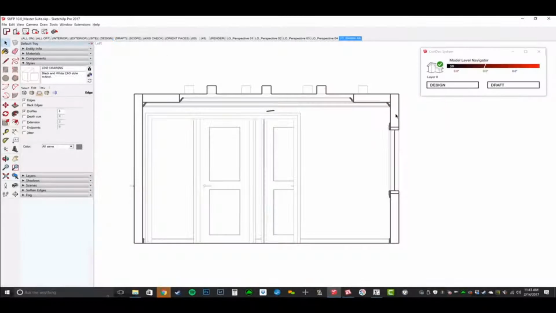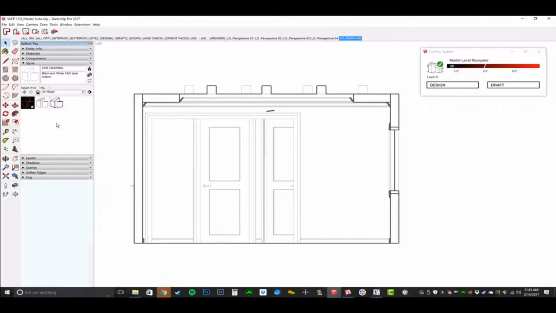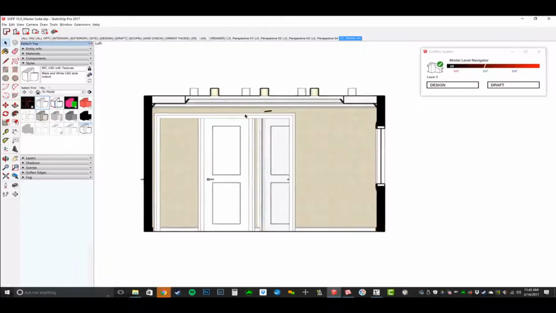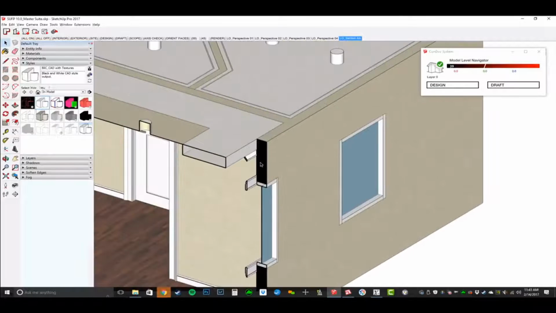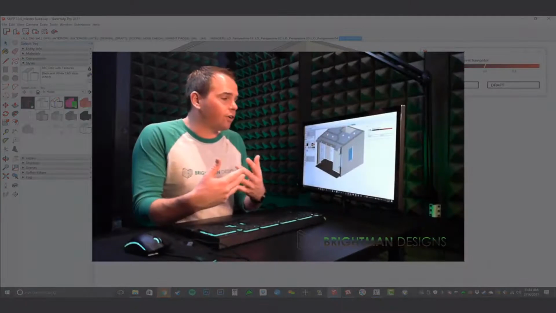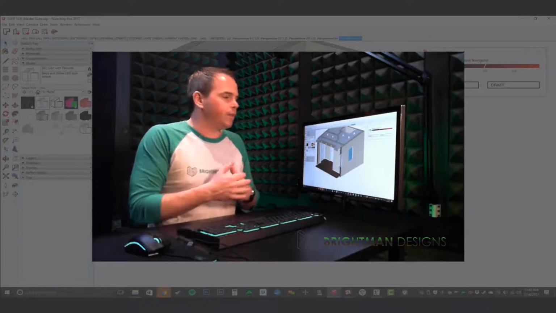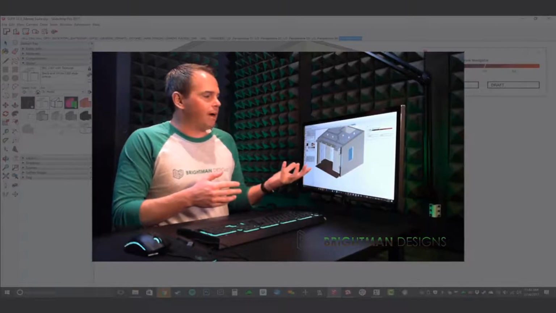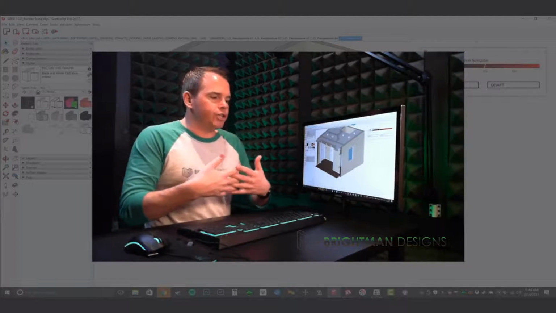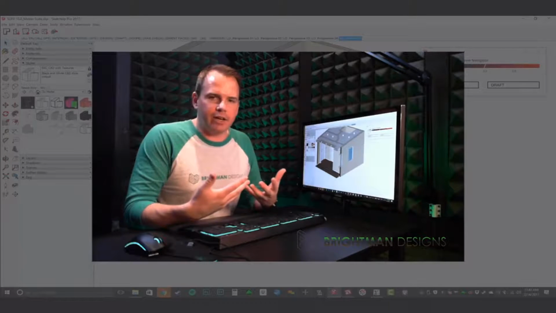So let's go back to section AA, and if I go to select in model and look at our CAD with textures style. All right, so see, that's where that section cut face does in fact fill that in for you, and that section cut face plugin is claiming that it will auto update. This method is actually great for section cut face because you're using section planes and that section cut face plugin